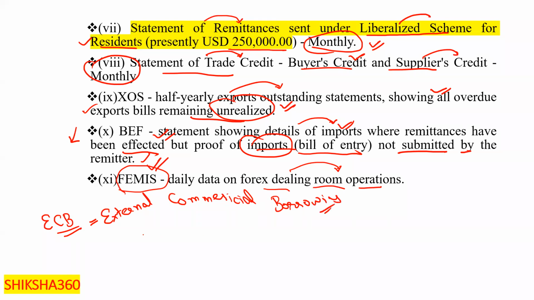It is a report on actual transactions on external commercial borrowings made under FEMA. They also have to be reported. External commercial borrowings are basically a type of loan, so they have to maintain data on that. You just have to remember that ECB stands for External Commercial Borrowings, clear? They have to provide the data on that also.